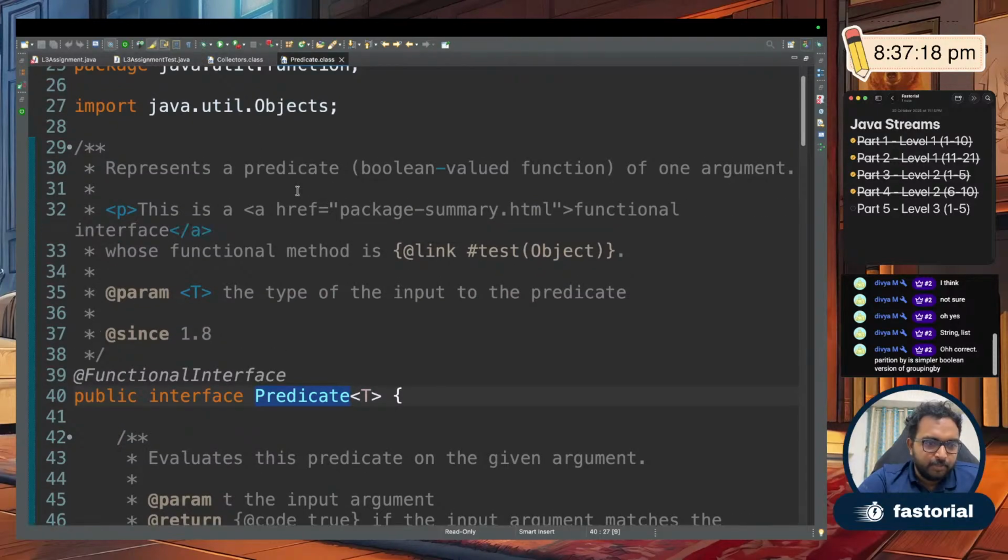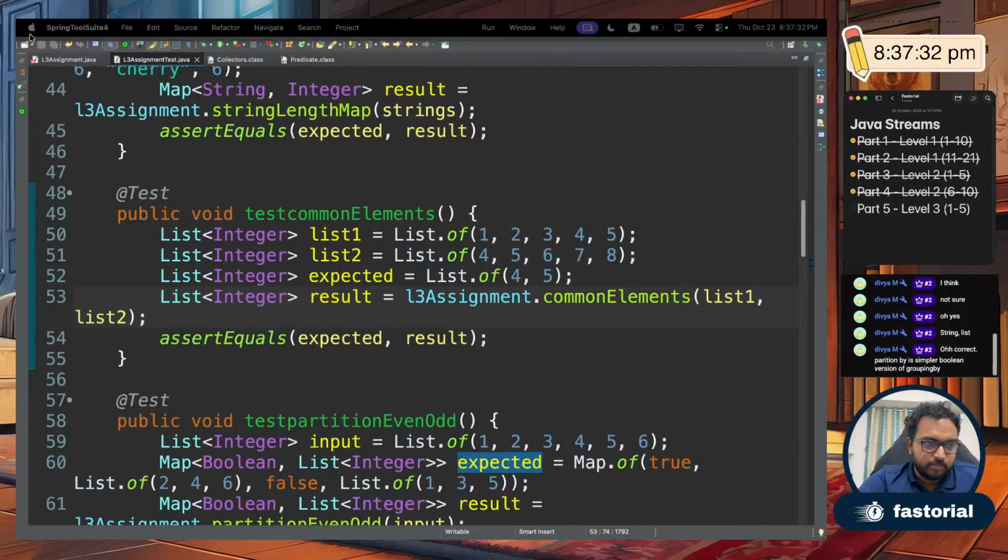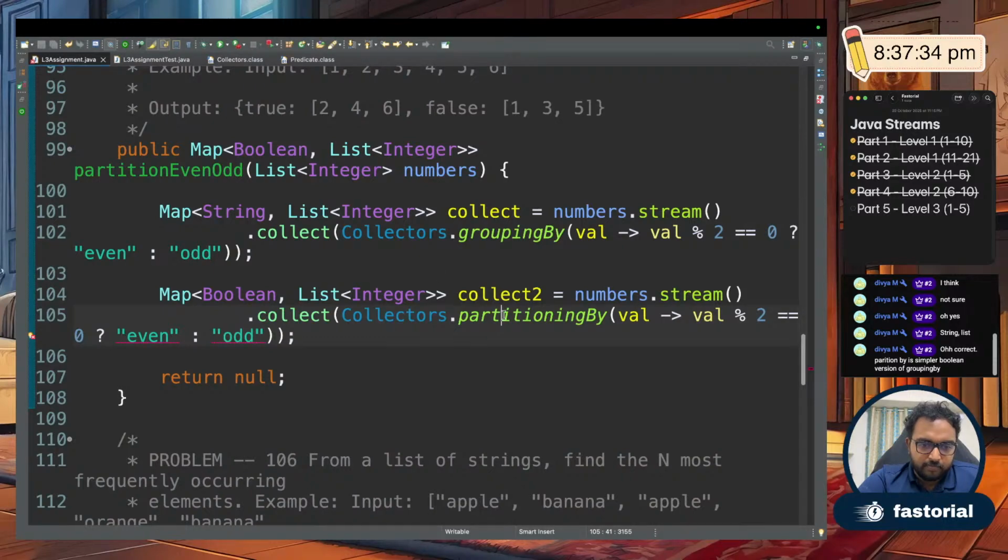Word wrap represents a predicate, a boolean valued function of one argument. Nice. So a predicate always returns a boolean apparently, but let's see what a function returns. Where is the question? So if I do partition by